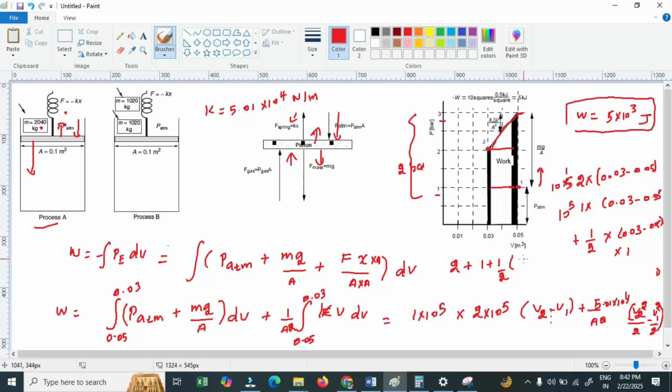Okay, and 0.02 minus. Okay, and this will be 3 and 5 multiplied by